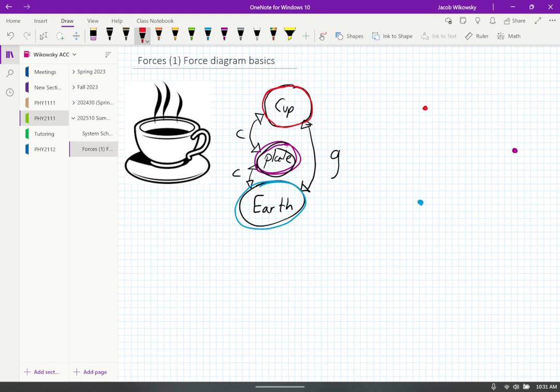Because I don't really have a good sense for what that contact is. Like I know that the cup is sitting on top of the table or the plate, whatever the thing is, and it's in contact that way. But if we're trying to draw an interaction, a force is what we call a vector,